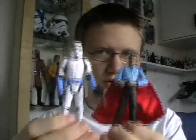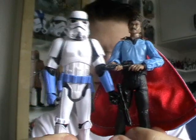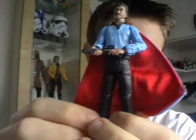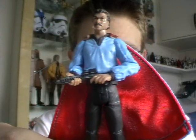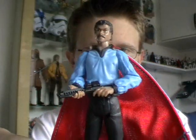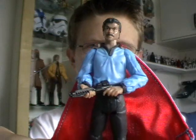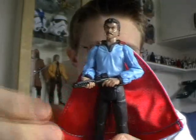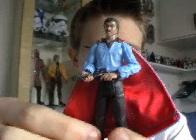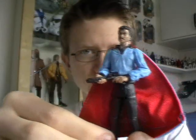The figures themselves though are absolutely fantastic. I'm really pleased with these. I'll start off with the Lando figure. This is a repaint of the vintage OTC Lando from 2004. This time around he's been repainted in comic book colours. The original version was a lot lighter. This one is a much brighter version, so that it can represent the colours